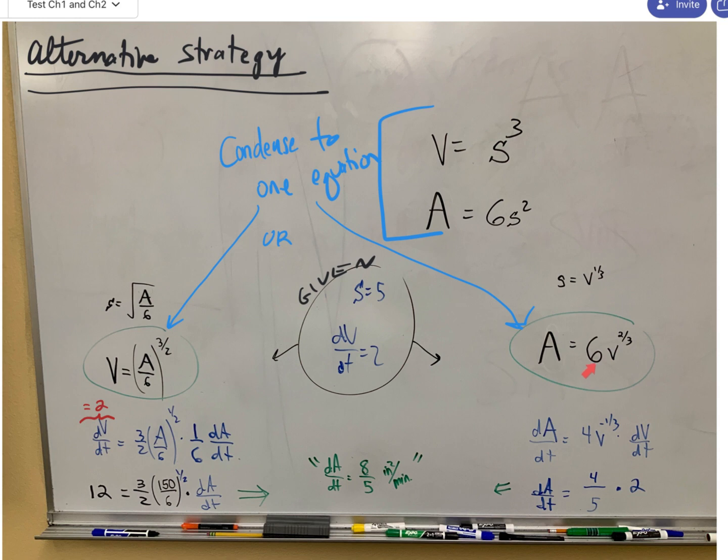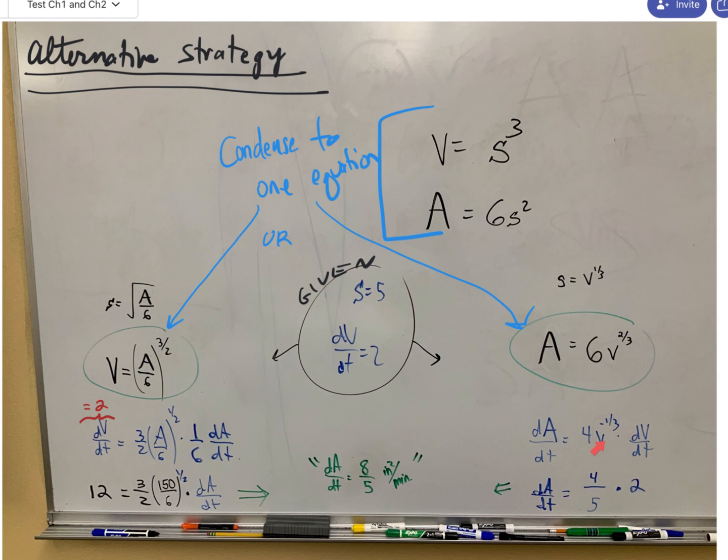If you had gone this way and condensed this to one equation, and then taken the derivative with respect to t, dA/dt, which is exactly what they're asking for, how fast the surface area is changing, that's going to be 2/3 times 6, which is 4, times v to the negative 1/3, times the derivative of v with respect to t. And we know that this is 2 at that moment when the side is 5,